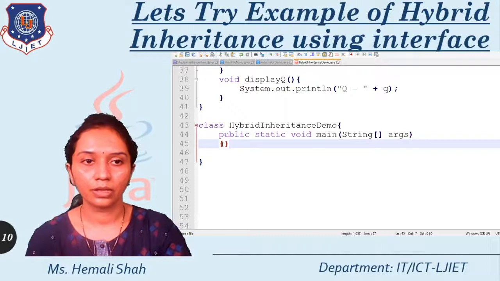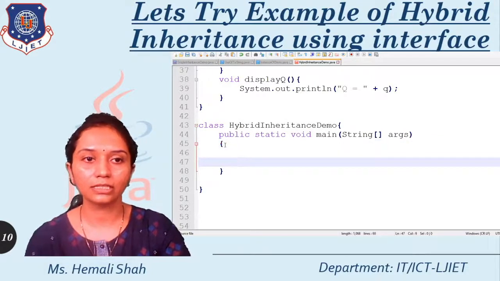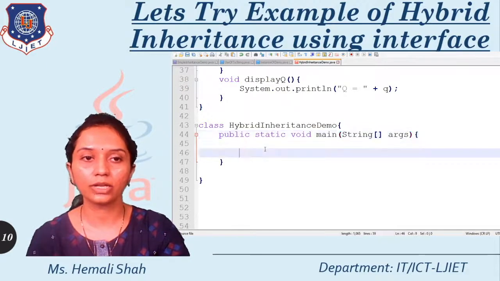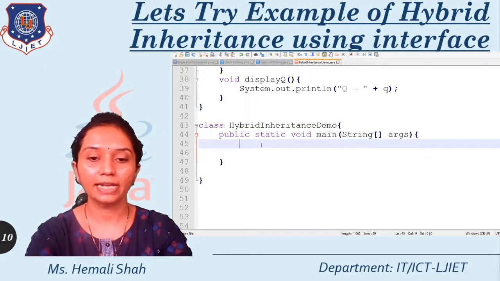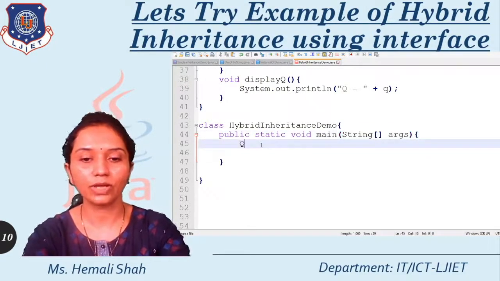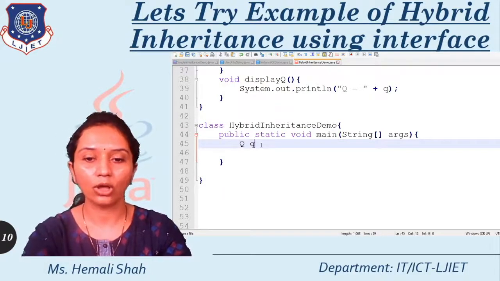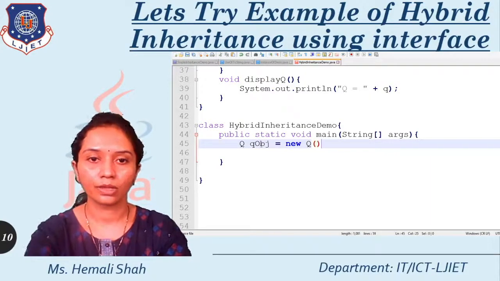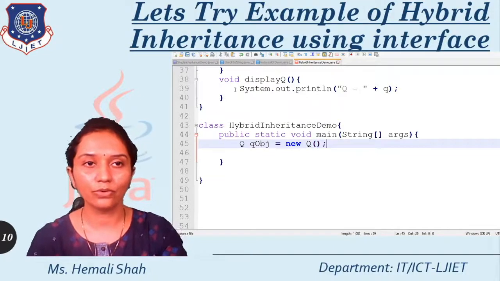Now just demonstrate the function calls by using the Q object. See here, you cannot create the object of any interface, right? That's why you have to create the object of Q only. I am creating an object, obj is my object name, and new Q. I am creating an object of the Q class.